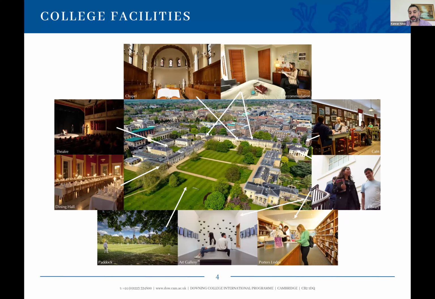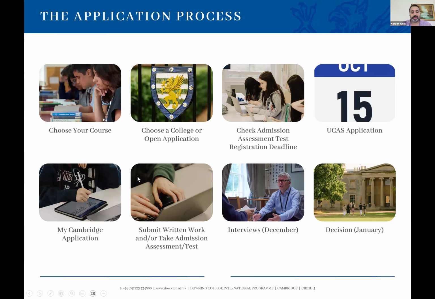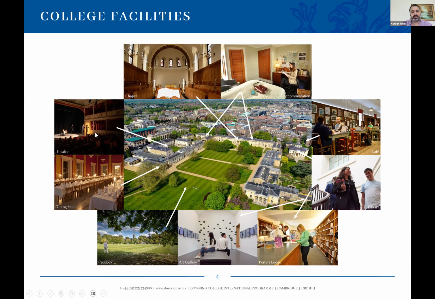So you might be studying history, you might be studying engineering, but if you have a passion for music, art, and drama, you can get involved in the Dramatic Society or get involved in running the art gallery. So there's lots of options there. And as I said, every college provides a number of facilities, which also include the dining hall. This is where students would have breakfast, lunch, and dinner every day. And there's also lots of different types of sports facility in the college.